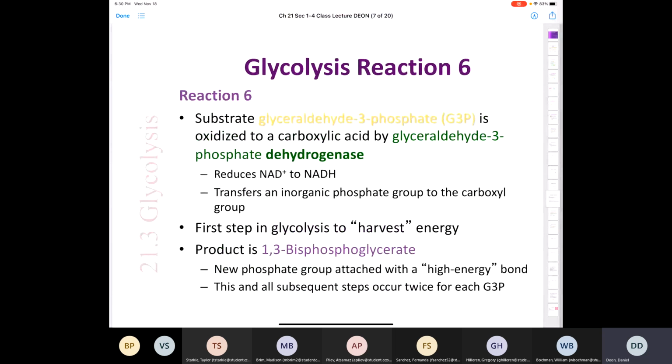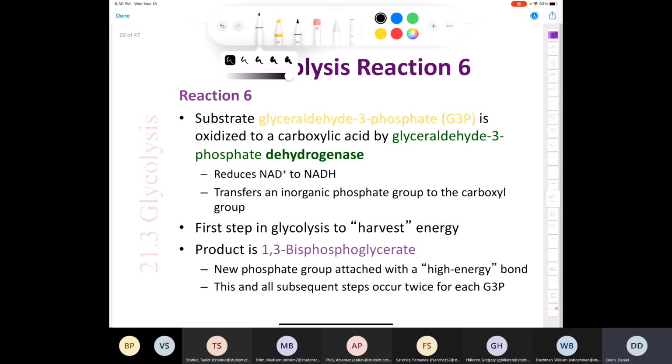The substrate G3P is oxidized to a carboxylic acid by glyceraldehyde 3-phosphate dehydrogenase. Again, an enzyme I would never expect you to remember. But one thing you should know is if we have oxidation occurring, you can't have oxidation without reduction. It doesn't happen. Okay? So when we oxidize the G3P to a carboxylic acid, we're going to reduce NAD plus